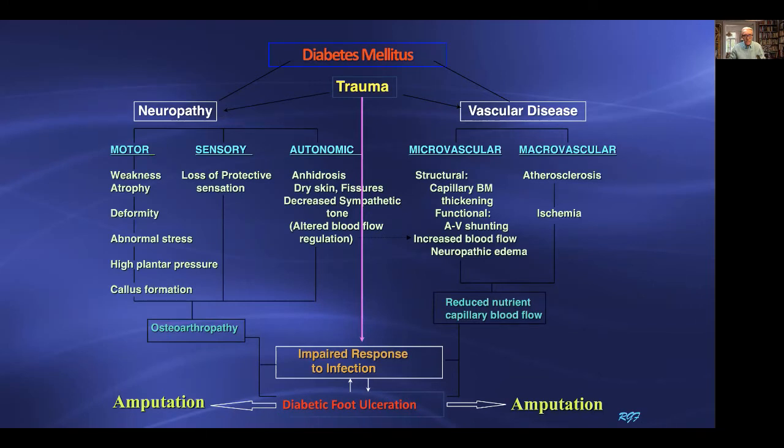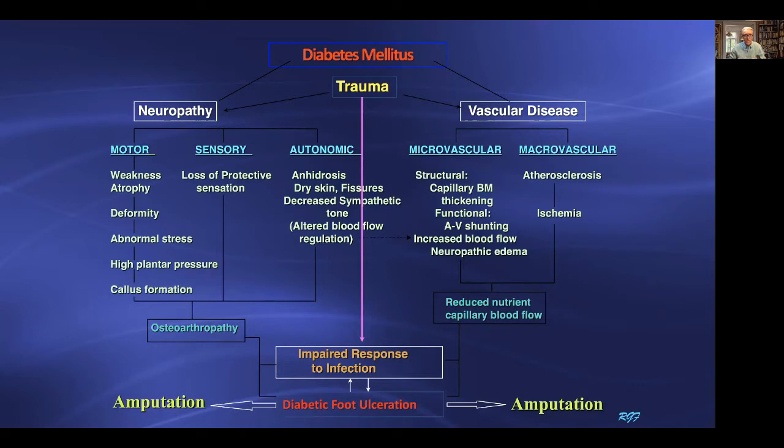Now, the diabetic foot can be a very complicated and complex problem, but we recognize that neuropathy is one of the key components, as well as vascular disease. And neuropathy we recognize is not just sensory, but also motor and autonomic neuropathy. And vascular disease is not just macrovascular disease, but also microvascular disease and the underlying microneurovascular disturbances leading to that